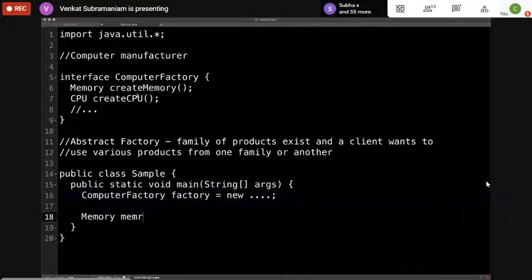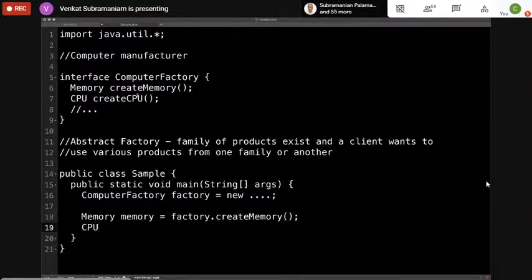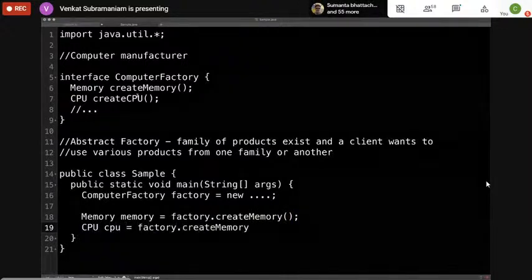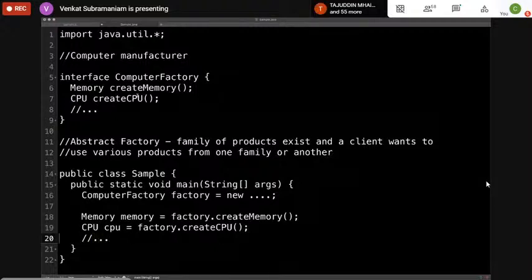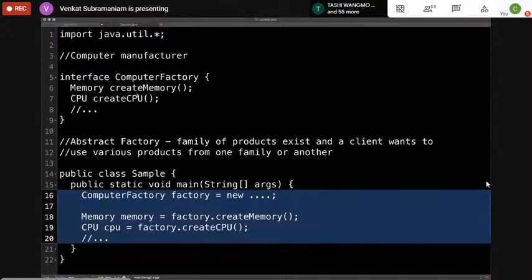I may say memory is equal to factory dot create memory. Similarly, I may say CPU is equal to factory dot create CPU, and so on. But notice this code doesn't really know about which memory or which CPU they're going to really use.